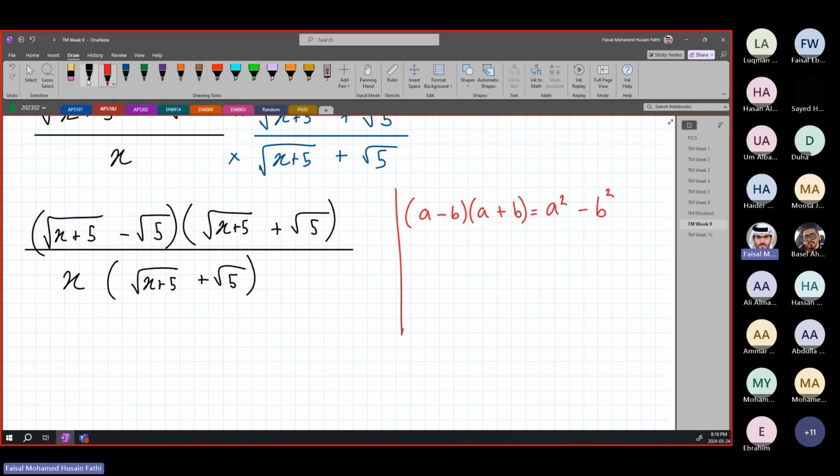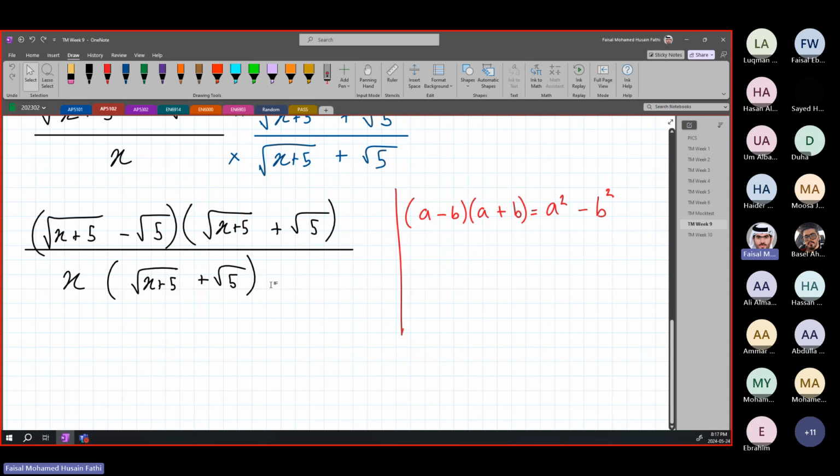All right, you guys can, if you want, just distribute. You can just distribute if you like. But it takes a long time to distribute in general, especially with square roots, so you might get confused with the square roots when you're doing the distribution. So don't just distribute, memorize this form because this form will be very helpful in the